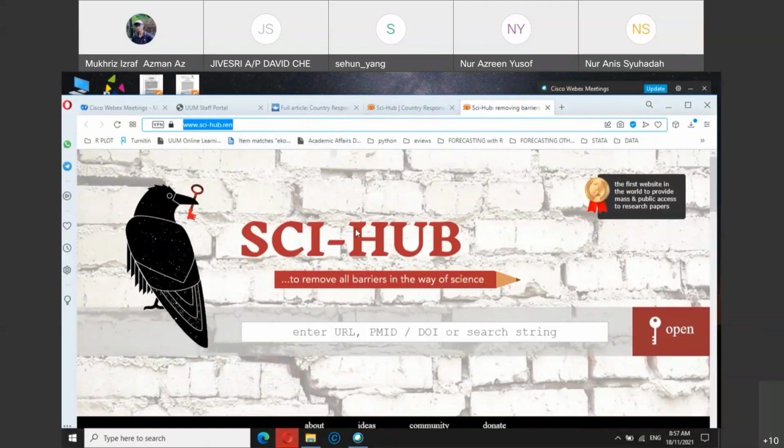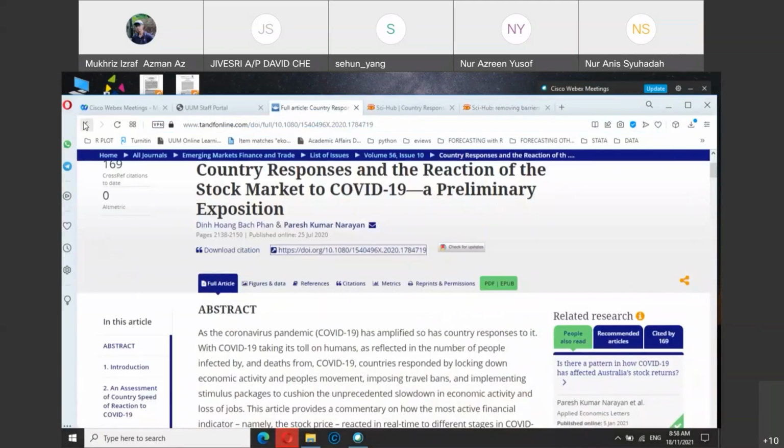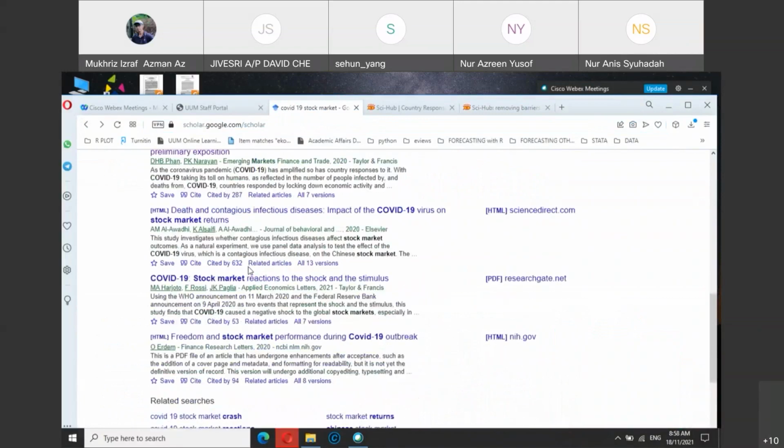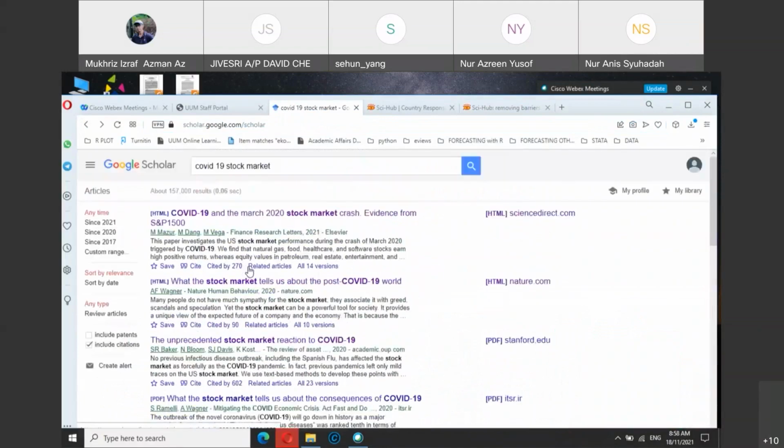So use this as much as possible, because this is, for me, especially for 2020 and below articles. So there is no excuse to say that you cannot find articles relevant to your area, because now you can still download the article even though the university does not provide official access to it. This is actually good news lah for academicians and students, because you can get access to most of the articles in Google Scholar.